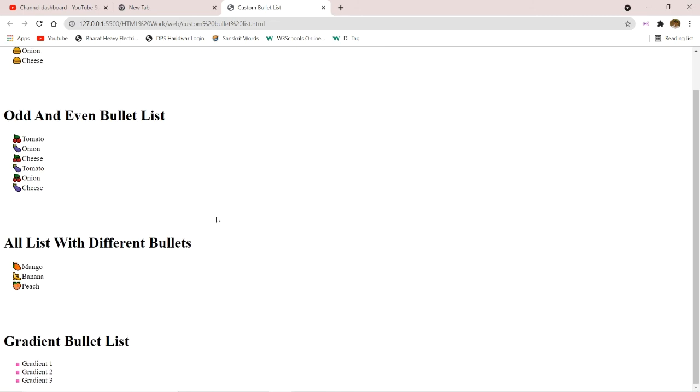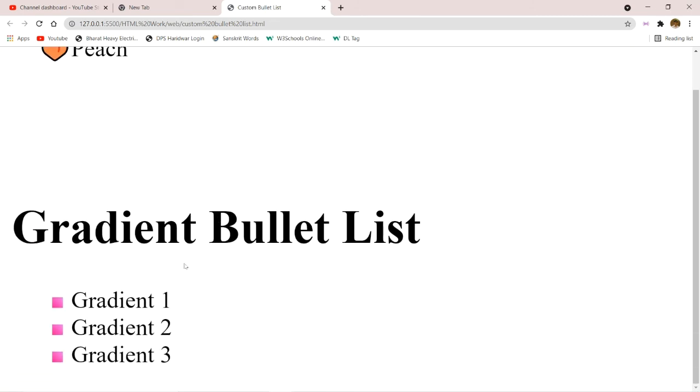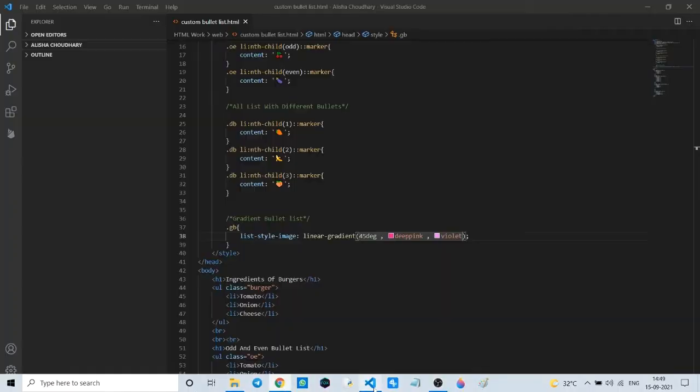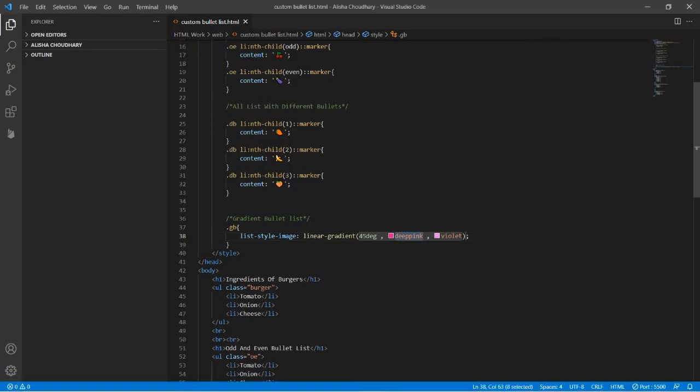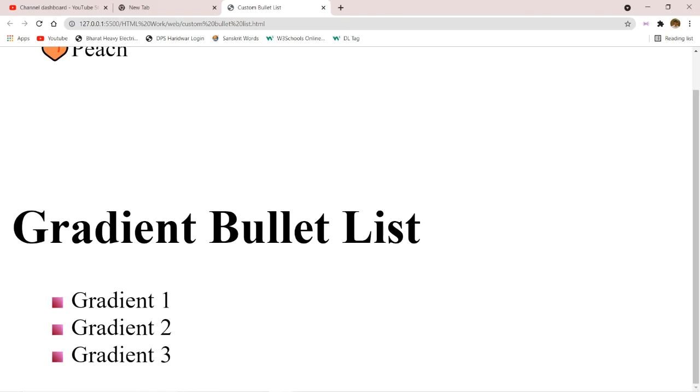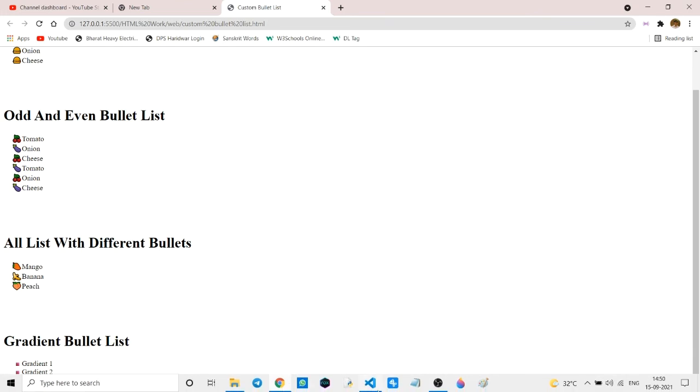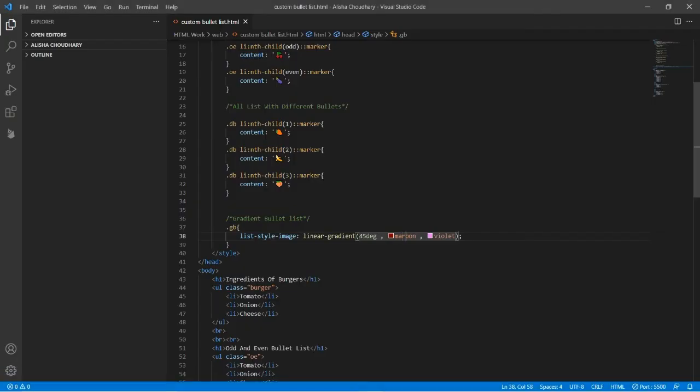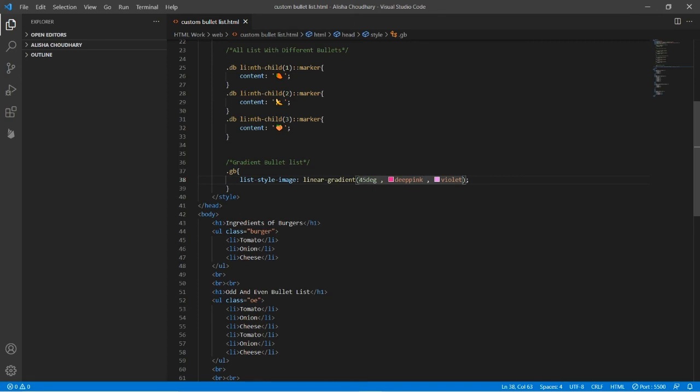Okay, and see here, if I will choose here maroon, then we will see the gradient. You can see here the color is maroon and here the color is violet. So this is the gradient bulleted list. Here let me choose deep pink one more time. Okay, now